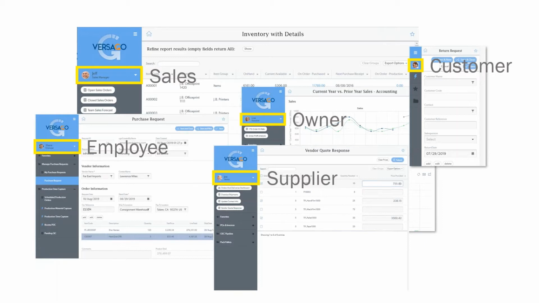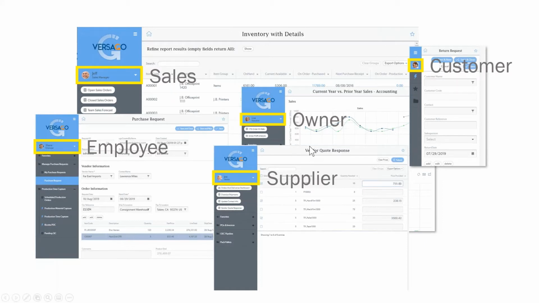So that's a customer side of things. You don't have to implement any or all of that with Versago. These are just examples, and I'll talk a little bit around the flexibility, because maybe you have user-defined fields or something specific that you need. We can certainly facilitate that as well.